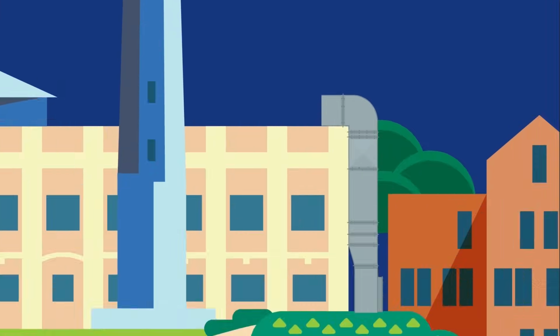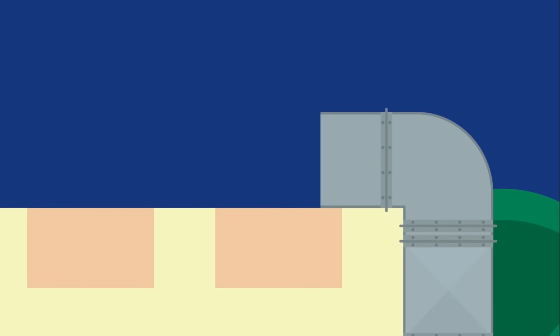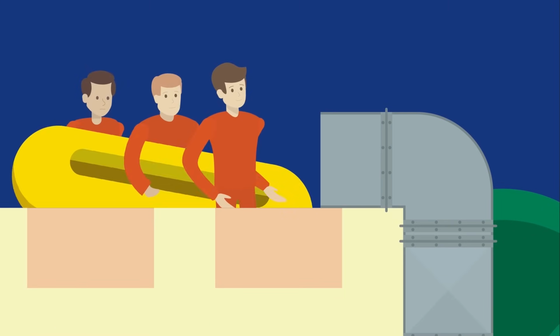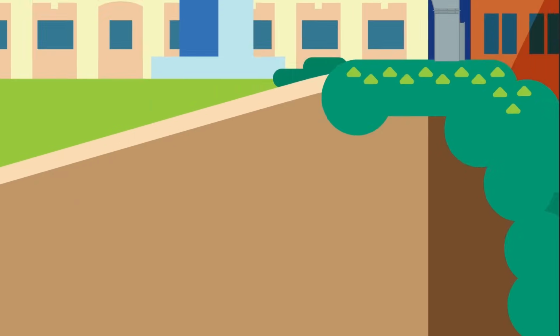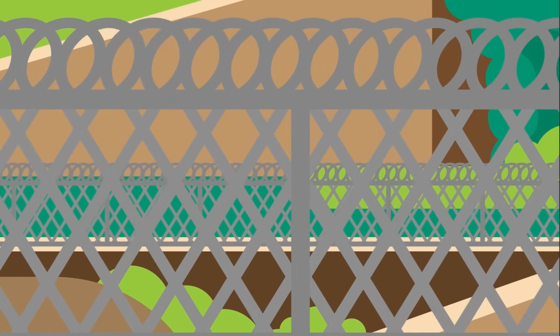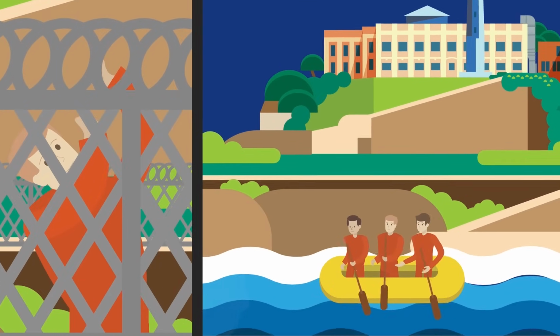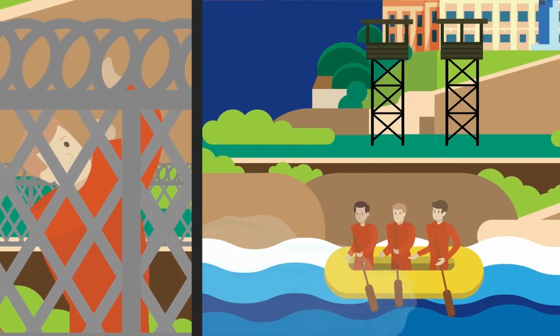The other 3 inmates climbed the ventilation shaft to the roof, then hauled their homemade life preservers and raft 50 feet down a kitchen vent pipe to the ground, and then scaled 2 12-foot barbed wire fences. Somewhere along the northeast shoreline of Alcatraz, where the prison's network of searchlights and gun towers had a blind spot,